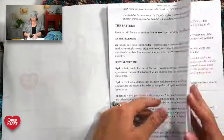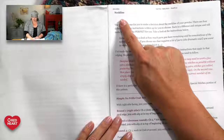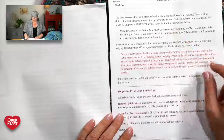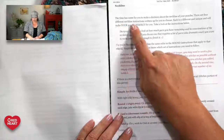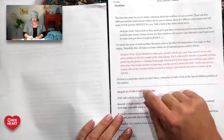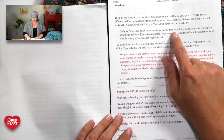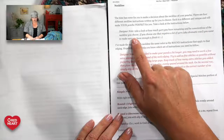So as I turn the page or scroll, whatever works for you, you can see where I started off talking about the neckline. And it says, the time has come for you to make the decision about the neckline of your poncho. There are 4 different neckline instructions written for you to choose from. You'll see right here it says designer note: take a look at how much yarn you have remaining